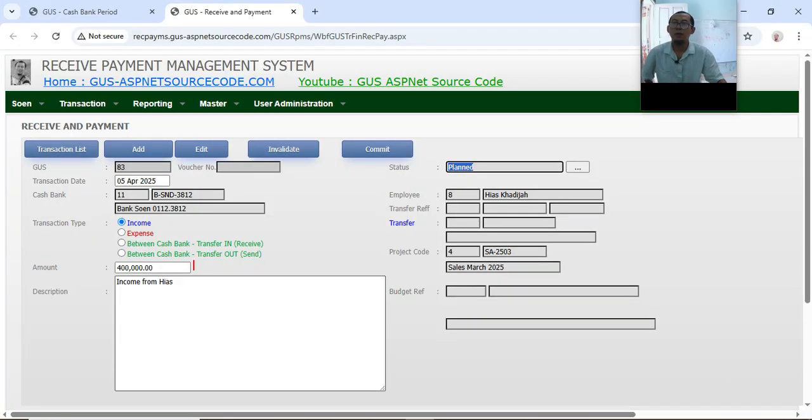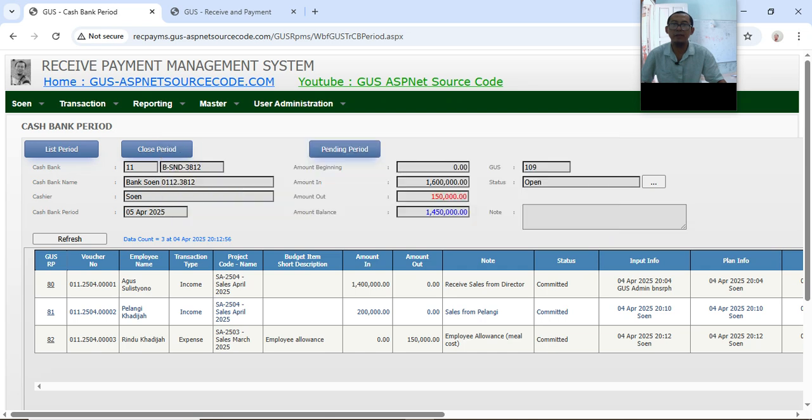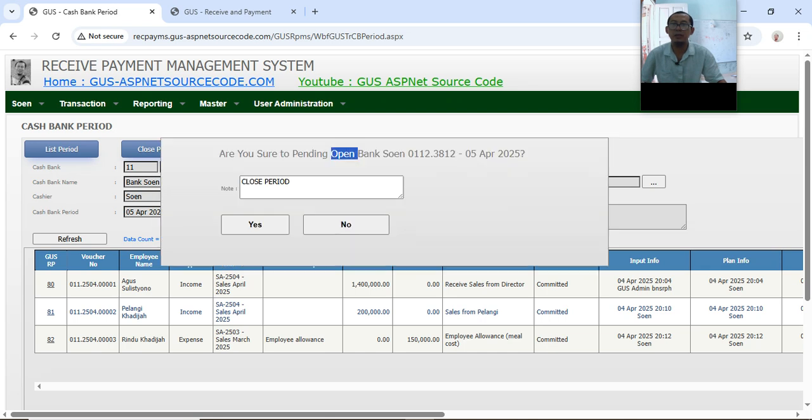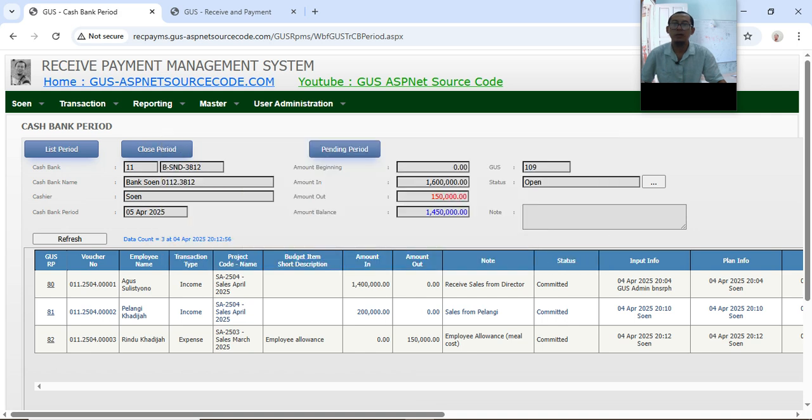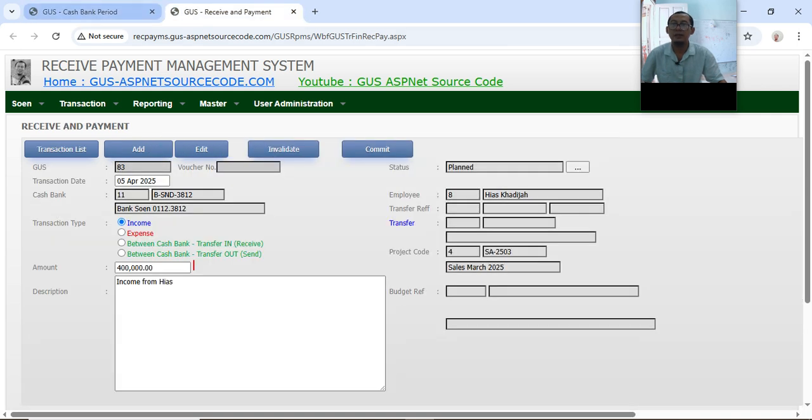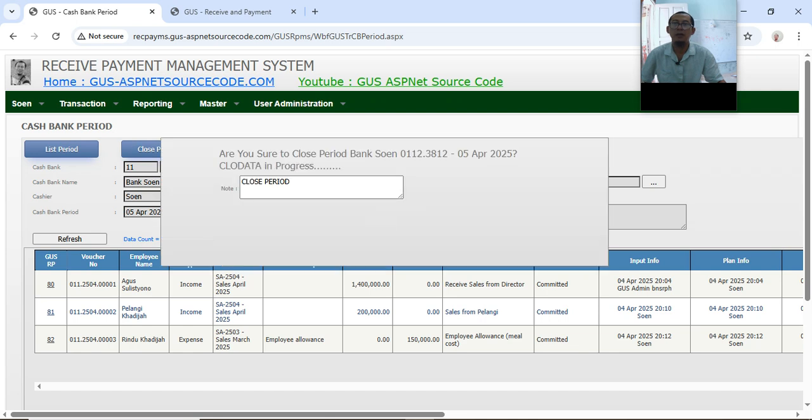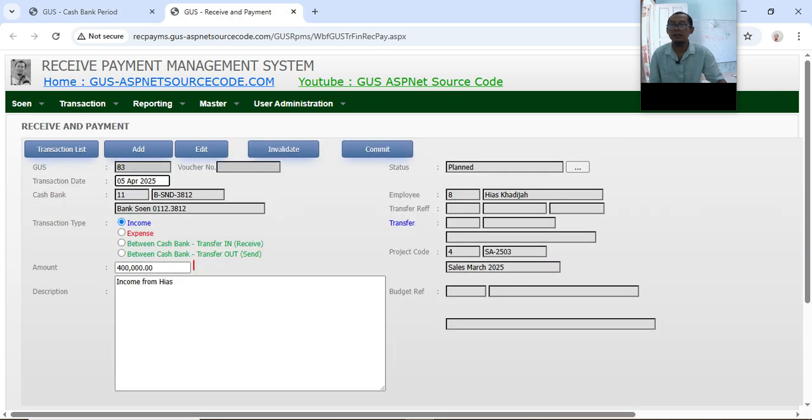You see, this closing period has failed because there is a transaction at date 5 April of Beng Sun that is not committed yet. So what we have to do is to commit all pending transactions, all planned transactions.